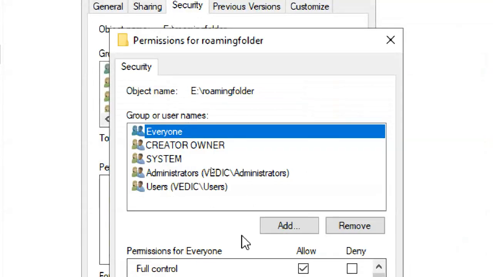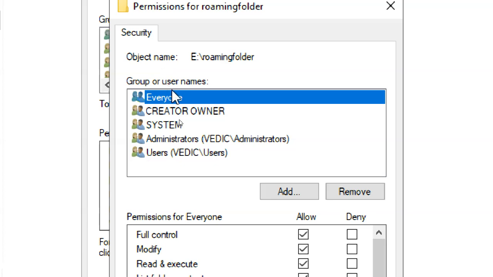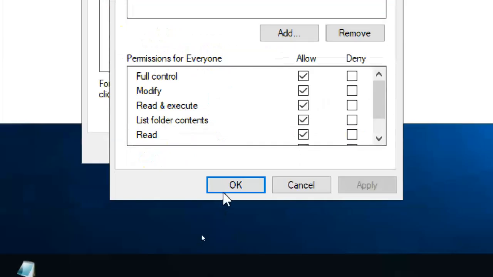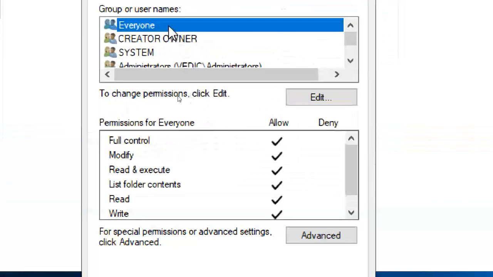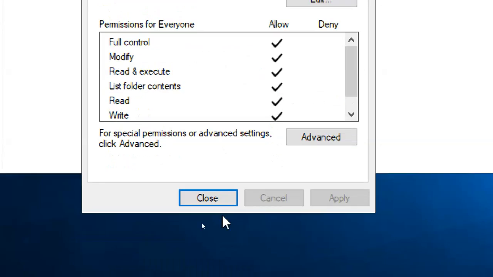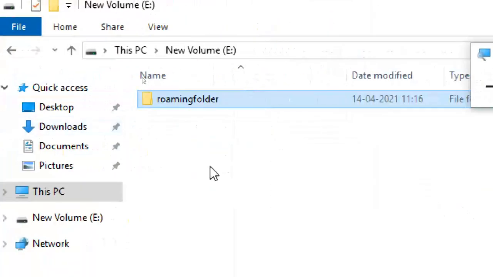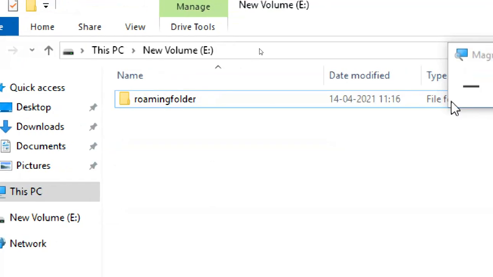Once you click on everyone, check everything: allow full control, then automatically full control will come up. Then click OK. So check it, all are checked, close. I shared the folder, that's it.